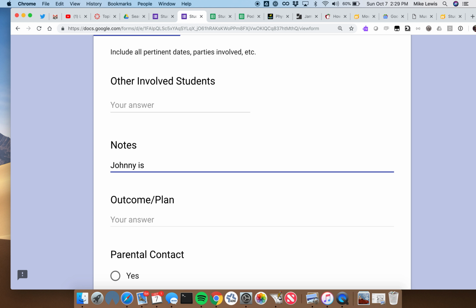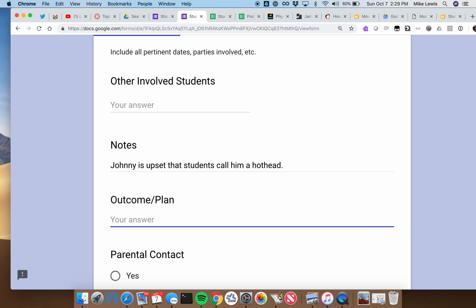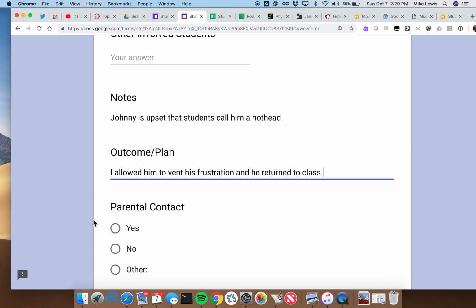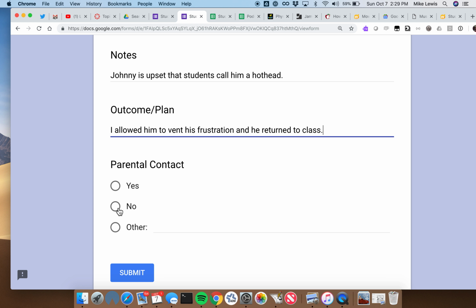Whatever notes you want to include from that meeting. And whether any contact was made with parents,